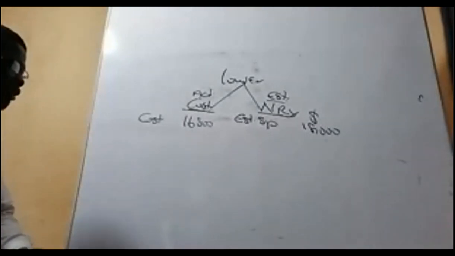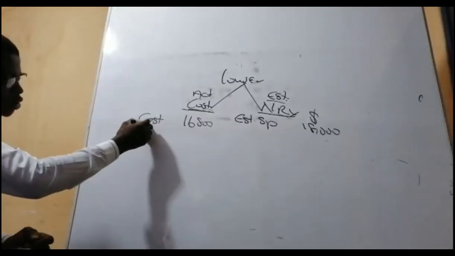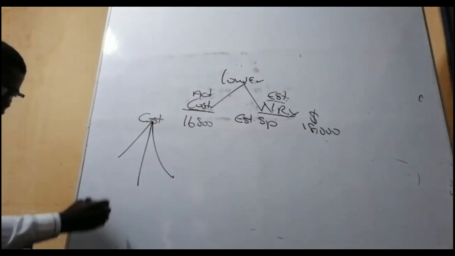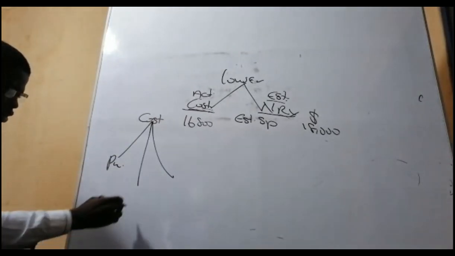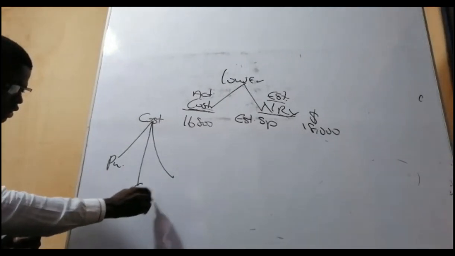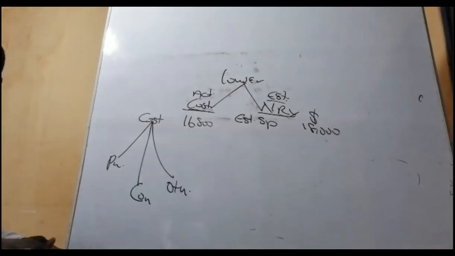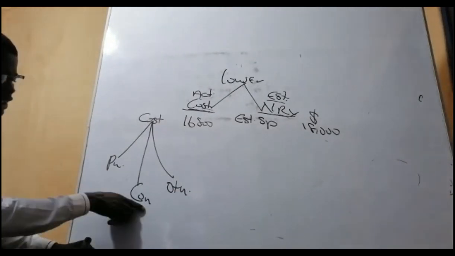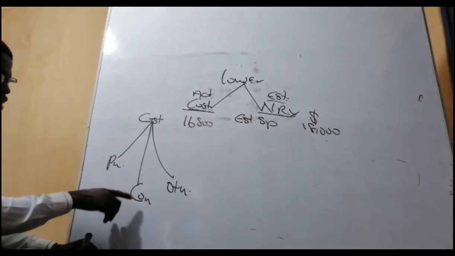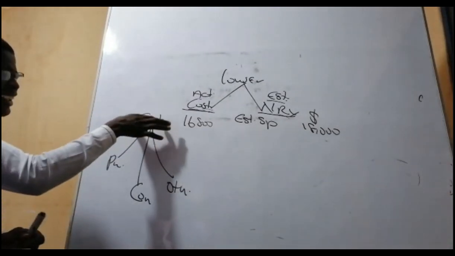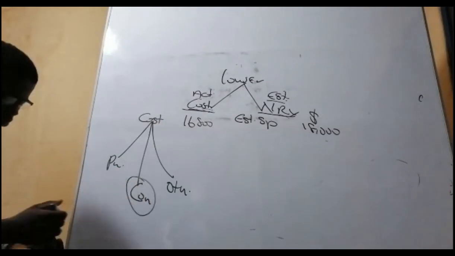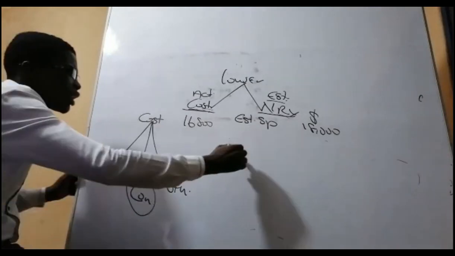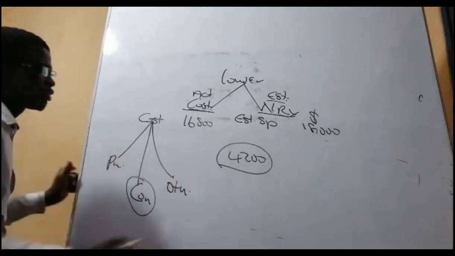Meanwhile, we know that the cost of inventory comprises three items. What are they? Purchase cost, conversion cost, and any other cost. So these are the three components of cost of inventory. But they've mentioned conversion there. Now, the conversion that we are talking about under the initial cost must be incurred to date. But if you look at this 4,200, they are saying that in order to meet regulations, it's like you are coming to sell